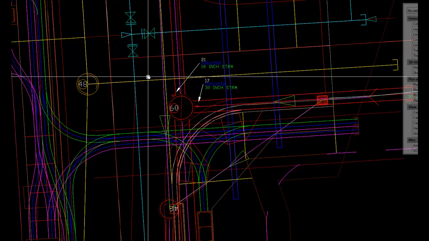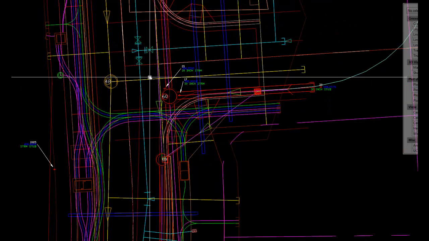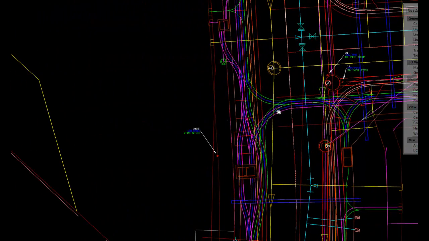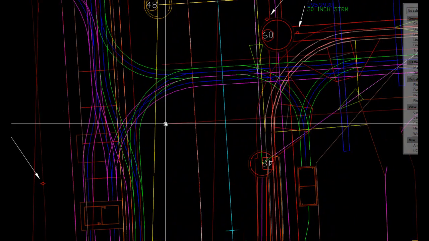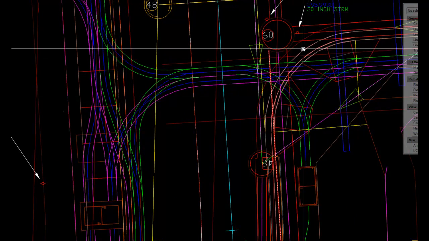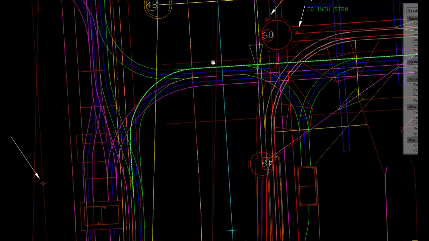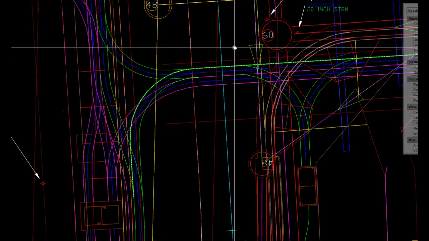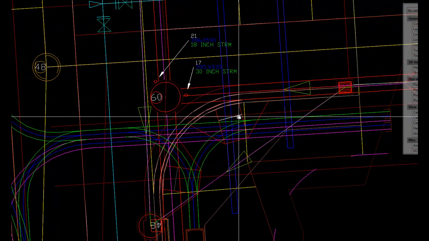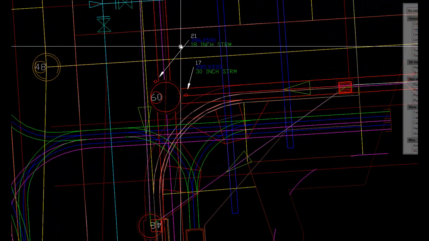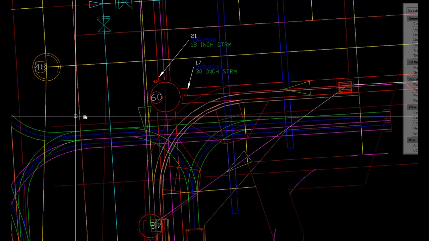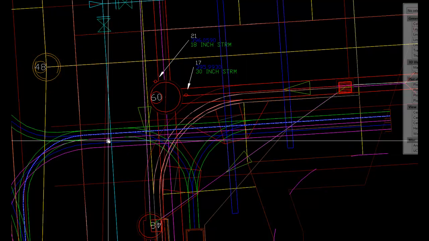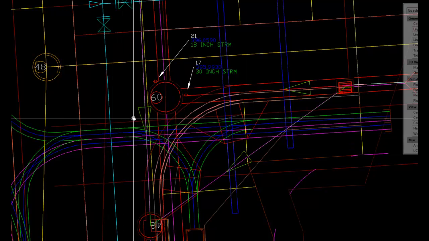So what we've done is included the storm, but also a lot of the other utilities per the request of the governing body, because they wanted to see interaction with other utilities even though they weren't turned on. This is oftentimes the case. Tell me exactly what's happening here so I know elevations, but also let me know that there is just a mess of other stuff real close here as far as other utilities,